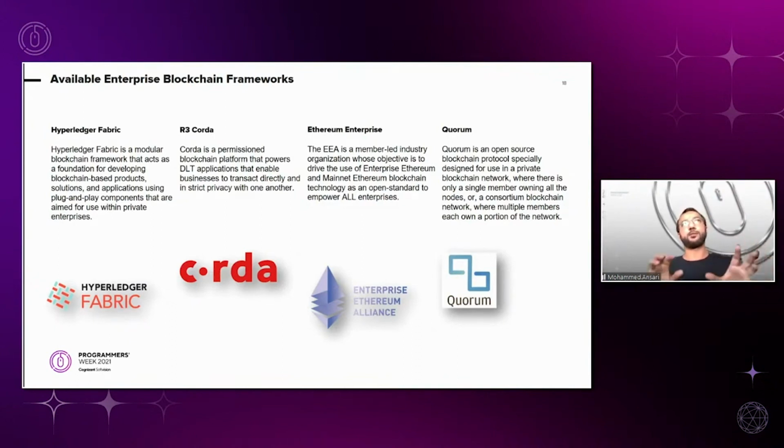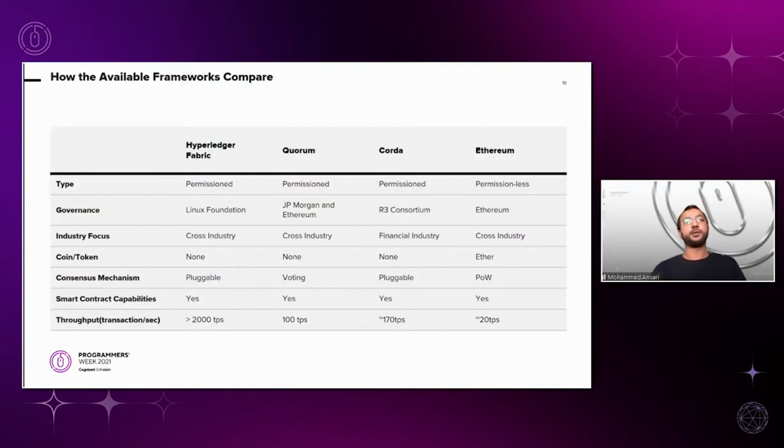It has this plug and play kind of feature that it offers to organizations, so before setting up a network, they can choose which particular consensus algorithm they're going to use. If they want to choose Raft, if they want to choose PBFT, or if they want to choose some kind of delegated proof of stake, right? They can do it at the time of configuration, and they can even change it later on after the system has run for a few years. So these enterprise blockchain frameworks, especially Hyperledger Fabric, offer them the option to be flexible in terms of their implementation.